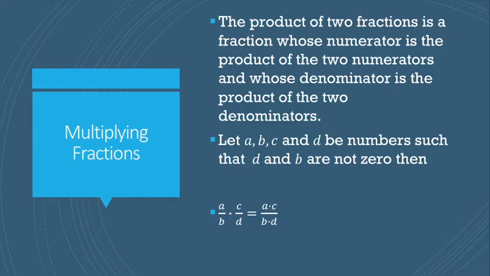So when we're multiplying two fractions, we're finding the product, right? If I multiply numbers, what I get is their product. And in order to multiply fractions, I just multiply the numerators and multiply the denominators. That's it. So if I had 2/5 times 3/7, I would multiply these numerators. I'd have 2 times 3 over 5 times 7, which would give me